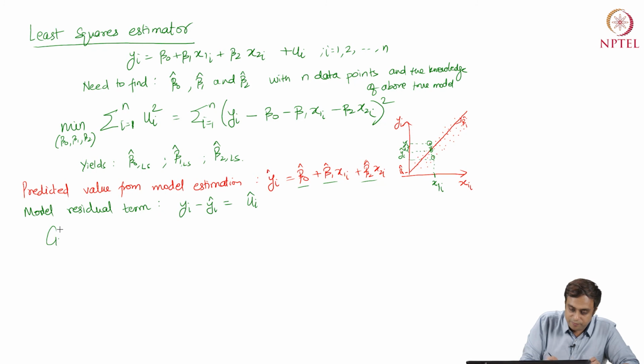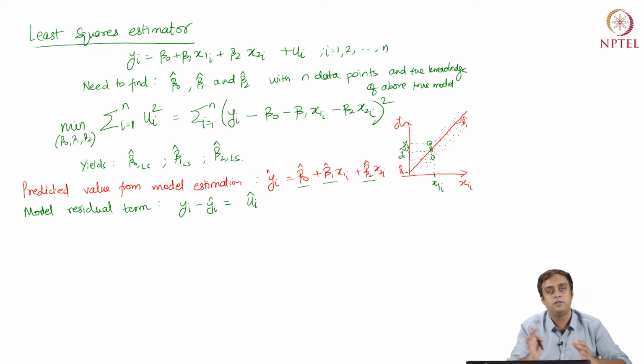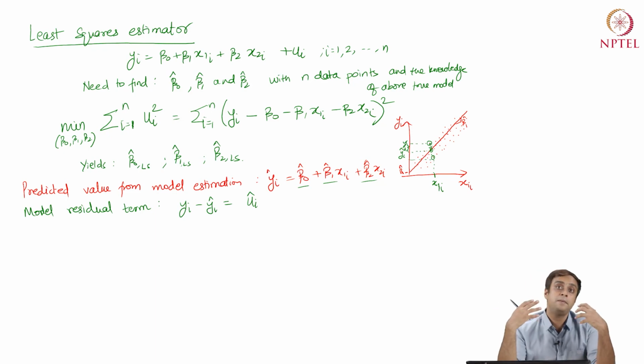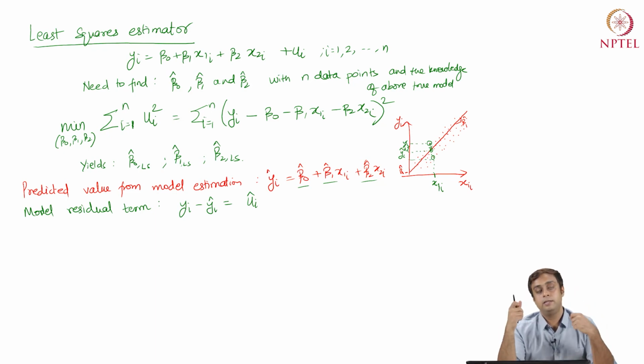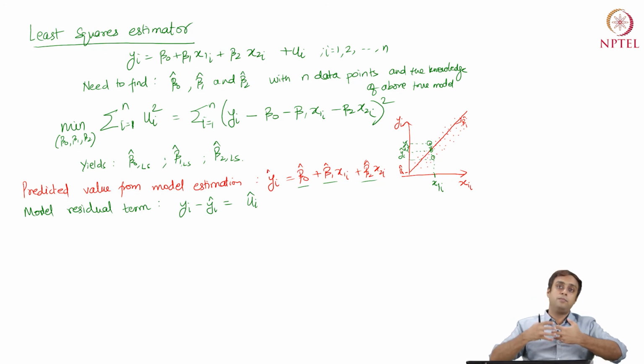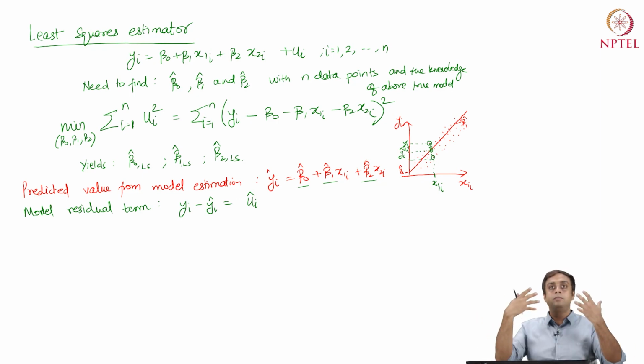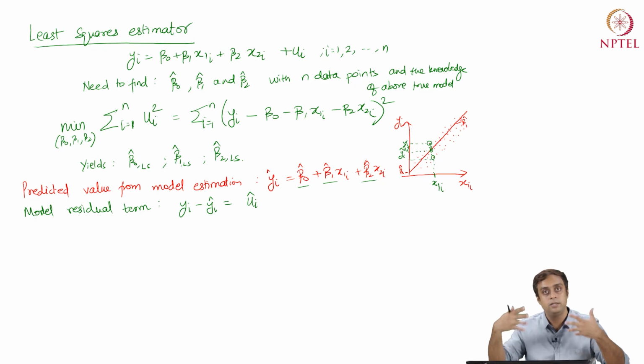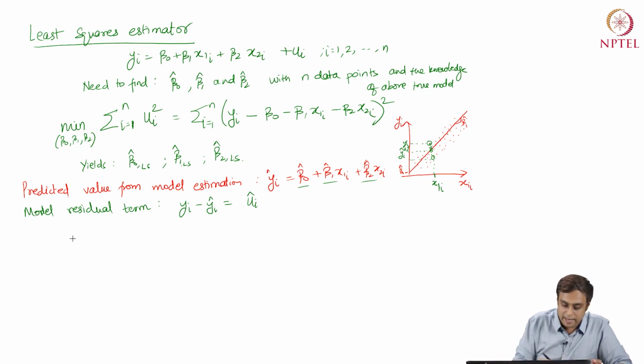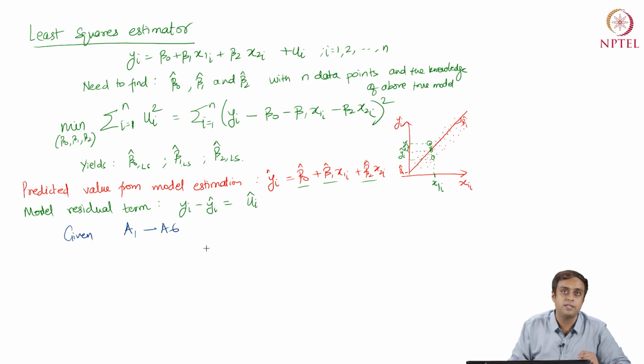Now, very crucially, and this is the point where I'm going to end this review of the regression analysis, but then I am going to articulate the departure from the typical traditional regression analysis to spatial regression analysis from this point that I'm going to make next. That is, given the assumptions A1 to A6, the 6 assumptions that we articulated today, we can say that